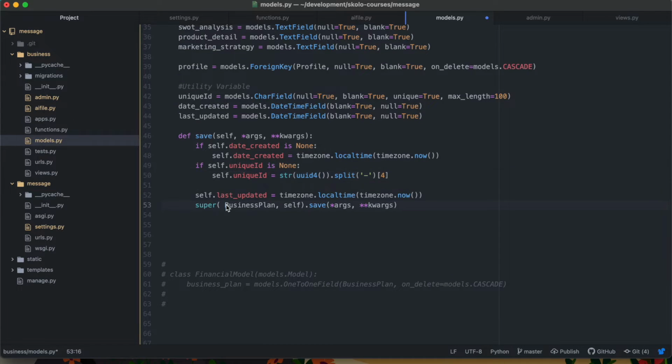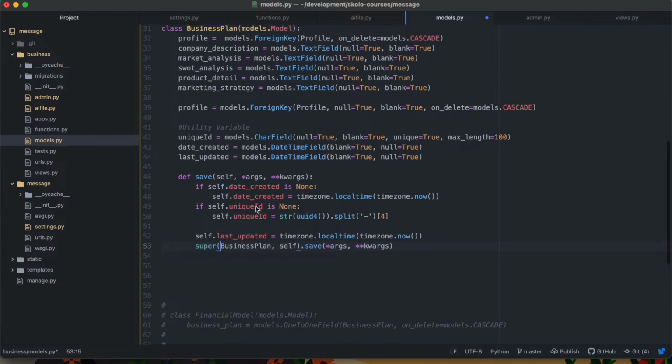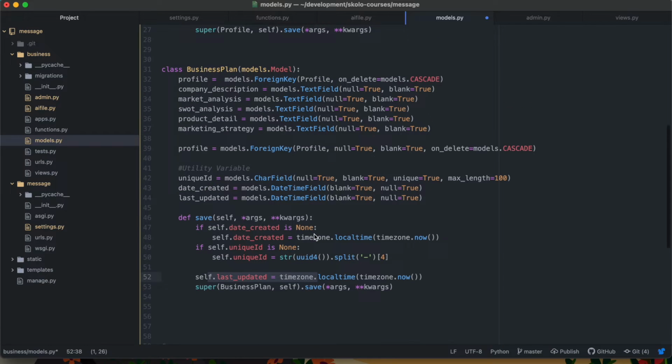And then I have the business plan over there, and I'm just overriding the save method with assigning a date created and a unique ID. And of course, every time somebody saves, it re-updates the last updated. That's all that's happening over here. Very simple stuff, okay? Now, what we're going to do next is we're going to work on the prompts,